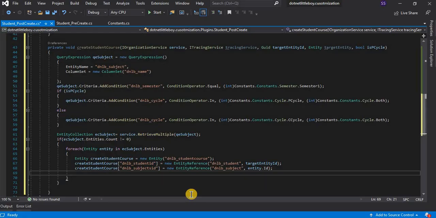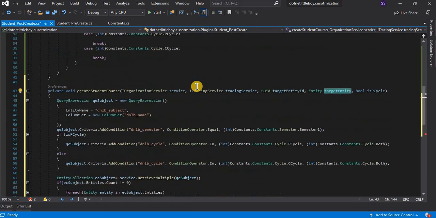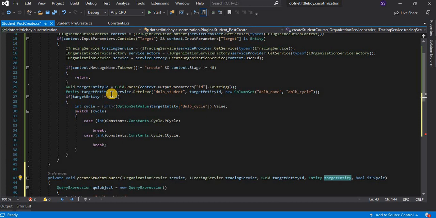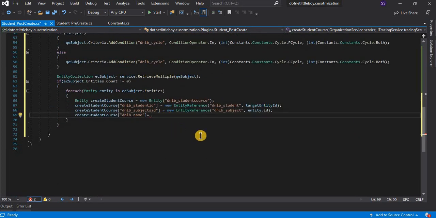So in the create course here, that is dnlb_name, and that will be equal to, since it is a string field, we have to add two strings here. First of all, it will be from the subject. That is why we have passed the target entity here. Inside this target entity, we are already retrieving the name field from the single retrieve. So we'll take that. So here this is target entity, that is dnlb_name dot ToString,